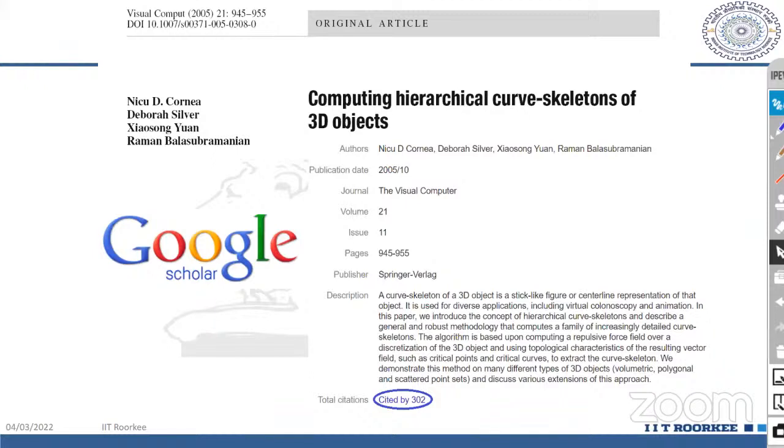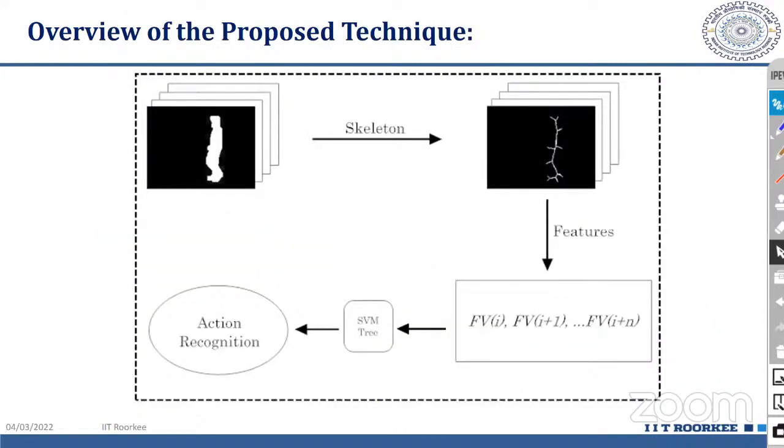So now you have the 2D image, all right? You have got the 2D image, and that means the binary image that I have shown here. So from this 2D image,